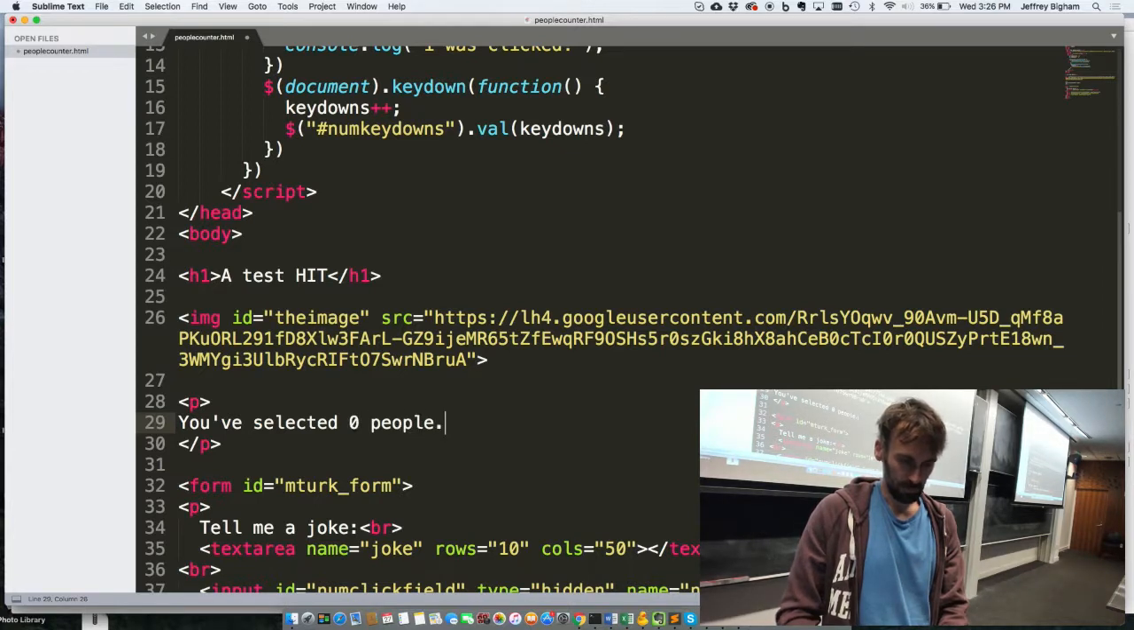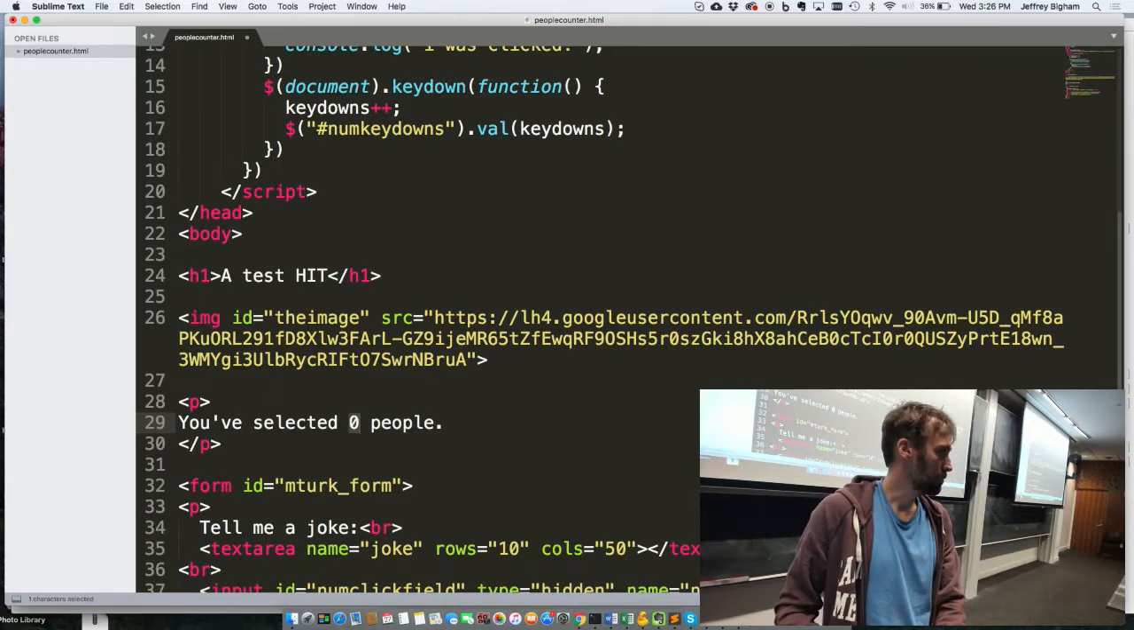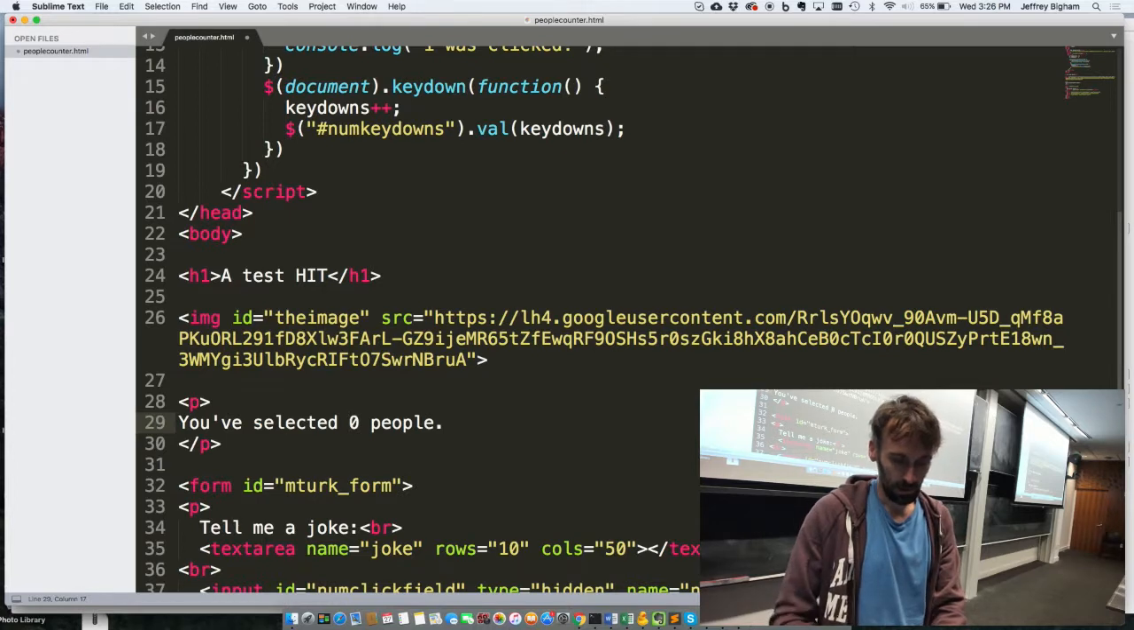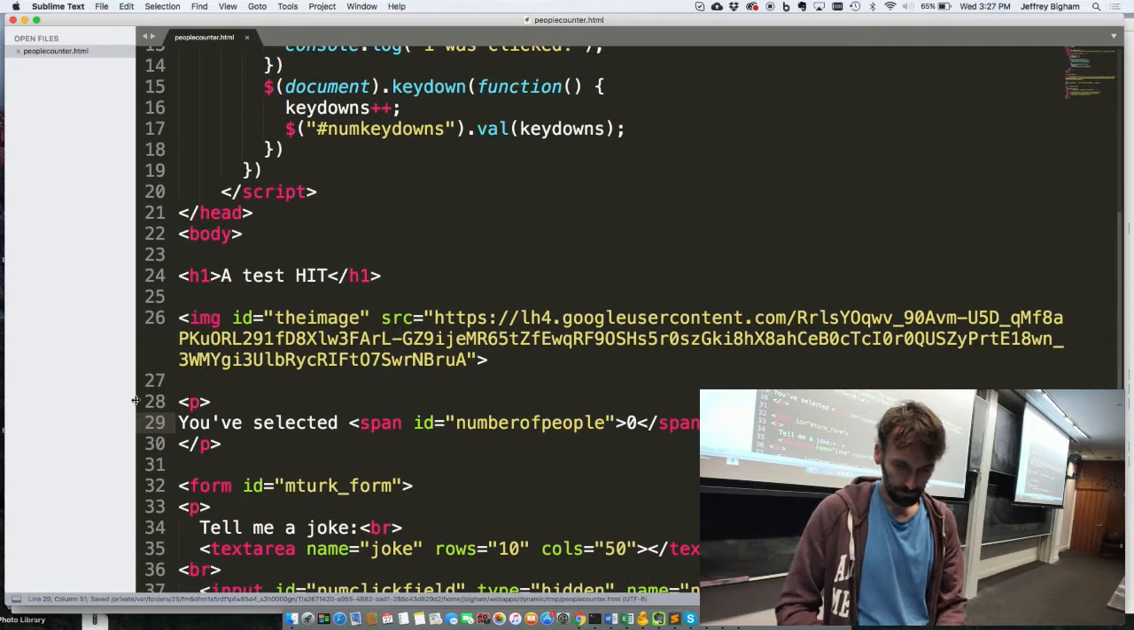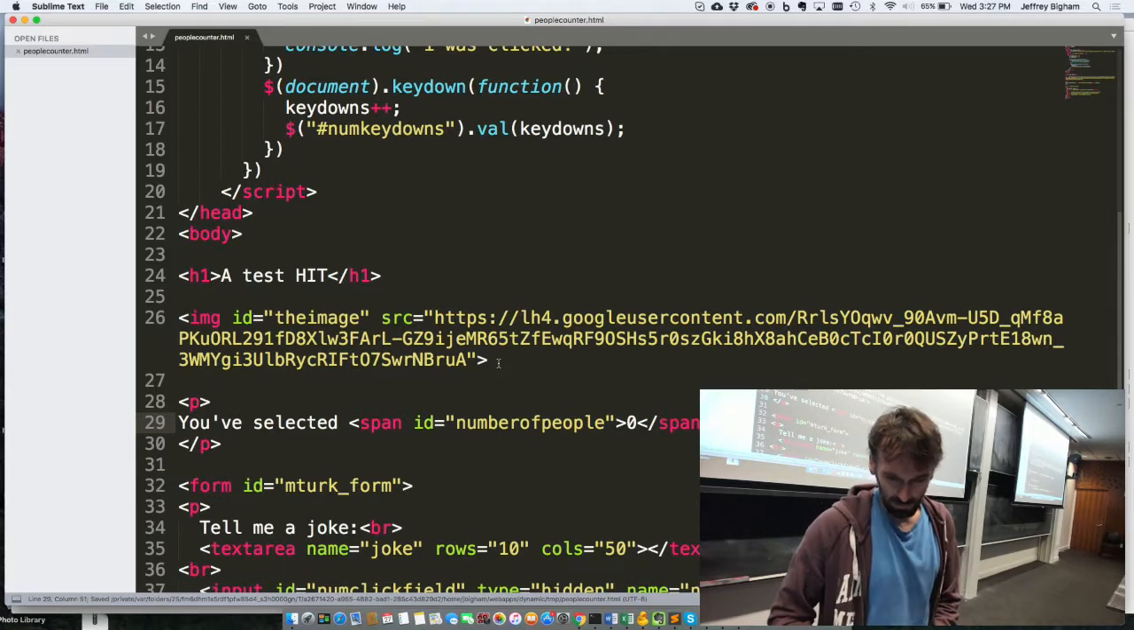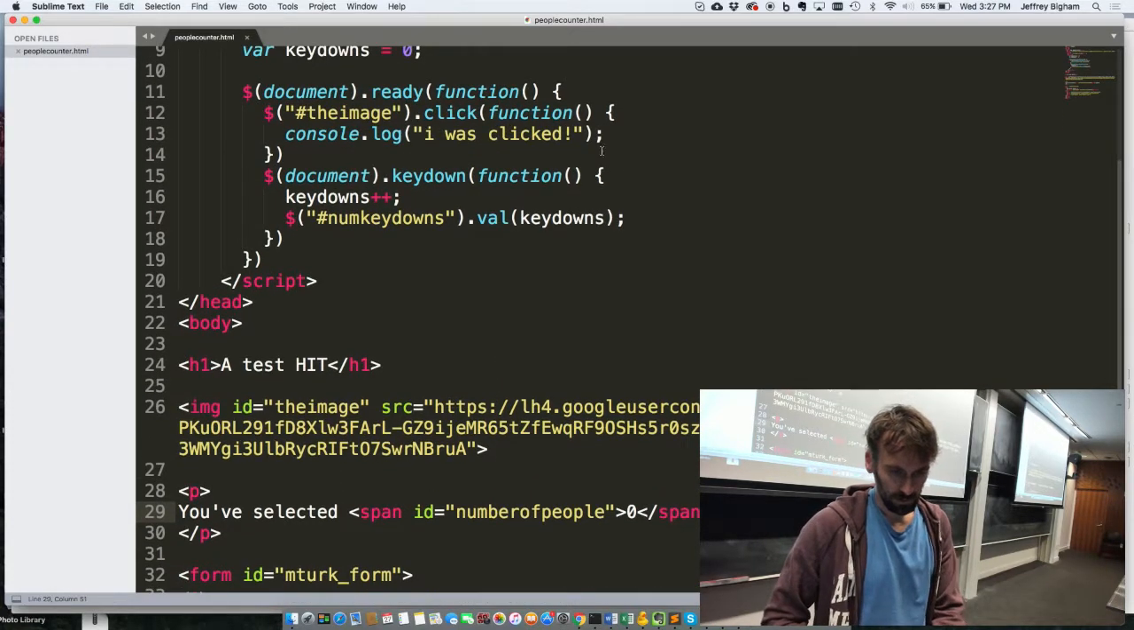So I say 0 people. Okay, so what we want to be able to do is every time they click to add a new person, we want to change that 0 and add more, right? So let's make a little span so we can refer to this, and we'll say number of people. Let's give it an ID we can refer to. Okay, and so now we have a place to put it,